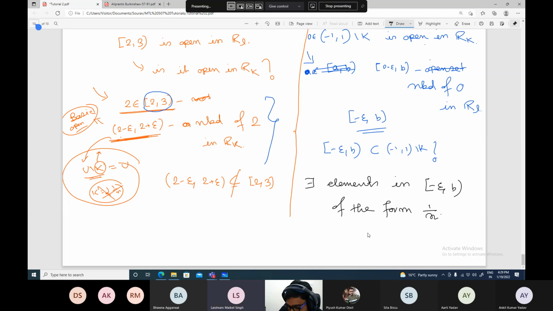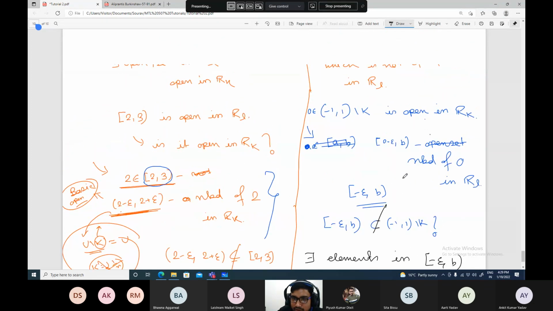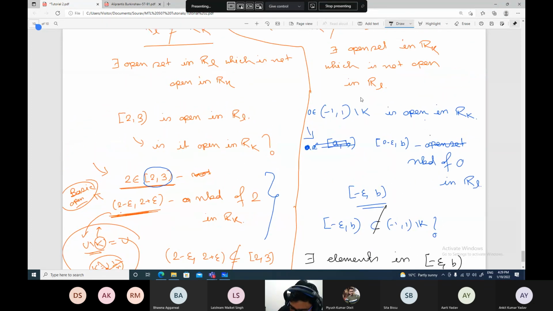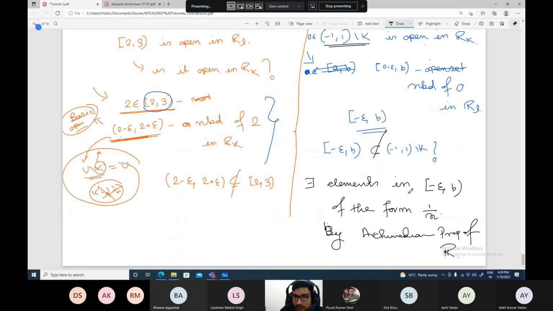By which property? By the Archimedean property of real numbers. And that is why we cannot say this is contained in (-1, 1) minus K, and so this set